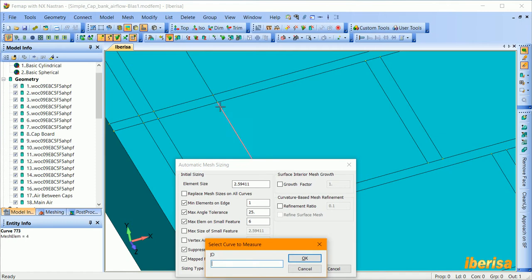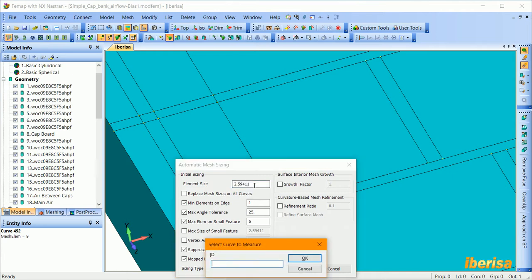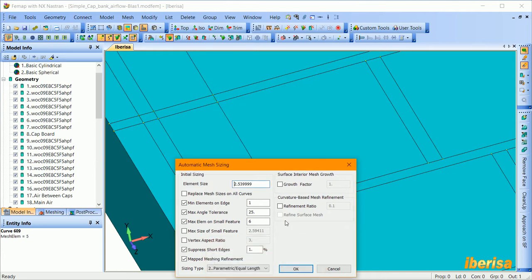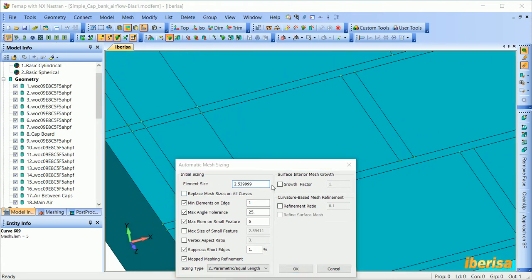I click in the field, and I hit the keys Control M to measure the curve I want to read, the distance. You see, the distance is, I want to divide by 3. I will hit Control M, Control Insert,